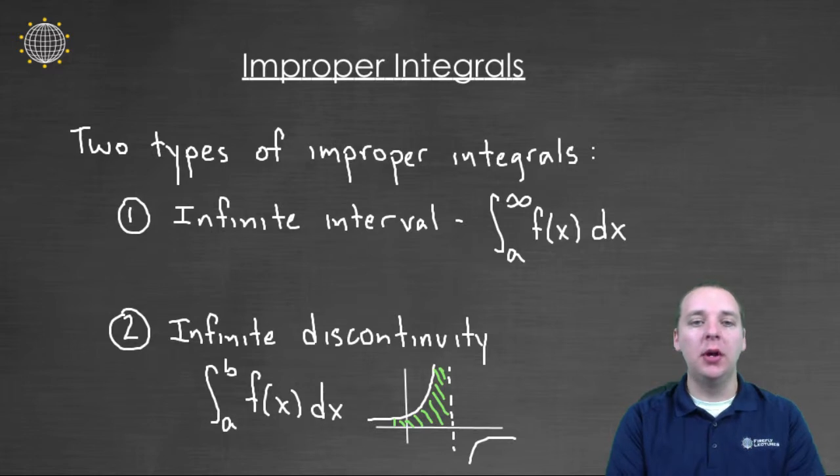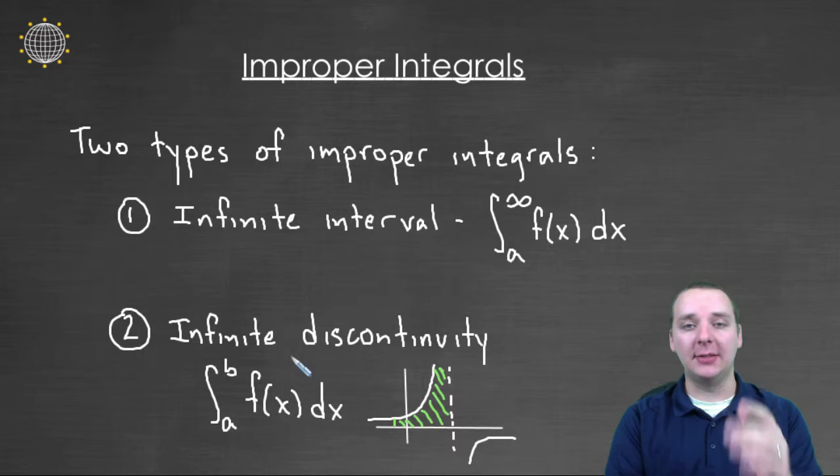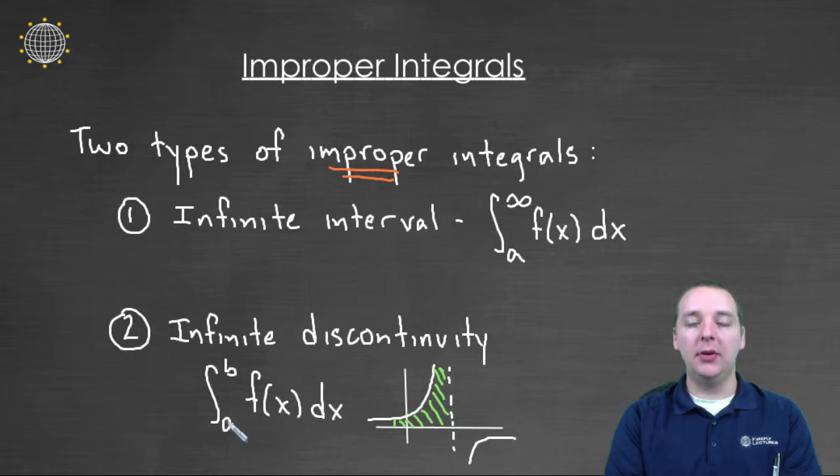In this video, we're focusing more on the second type. If you have not just a discontinuity in your interval, but specifically an infinite discontinuity like a vertical asymptote, then this would also be called an improper integral, right? So if you're integrating, even from 2 to 7, let's say, but at 7, if there's a vertical asymptote, then